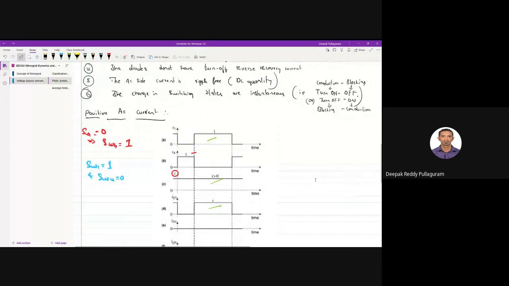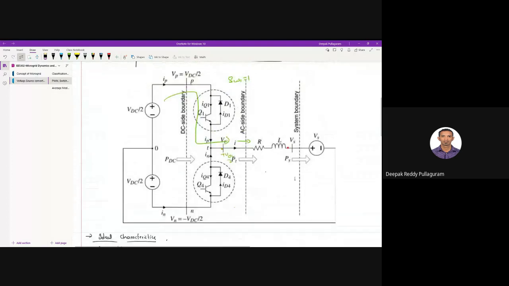And the voltage across this. You should always remember the VP point and the VN point. The VP point always has VDC by 2 and the VN point always has minus VDC by 2. Now you should always check whether VT is connected to the VN point or the VP point. If VT is connected to the VP point, it exhibits VDC by 2. If it is connected to the VN point, it exhibits minus VDC by 2. Based on the connectivity, you can check the terminal voltage.